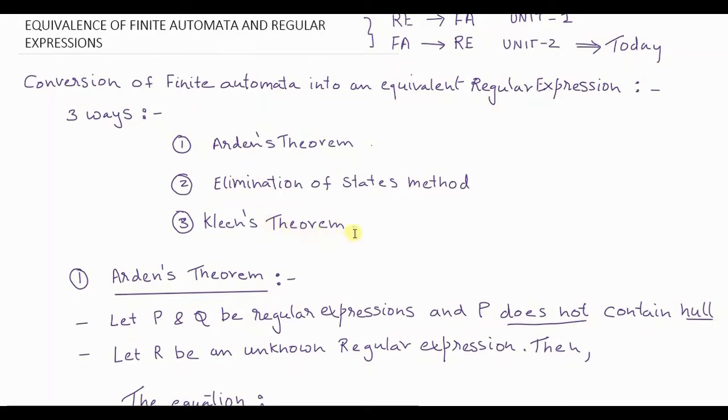Since Kleene's theorem as such is not mentioned in the current syllabus, we are not going to see the theorem, although in my notes I have both part A and part B of Kleene's theorem written. You may just read the Kleene's theorem. But what is more important in part B is the formula that we obtain in that proof. We can then use that formula to convert a given automata into the regular expression.